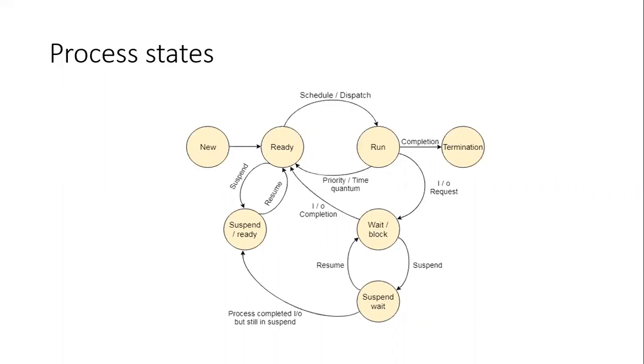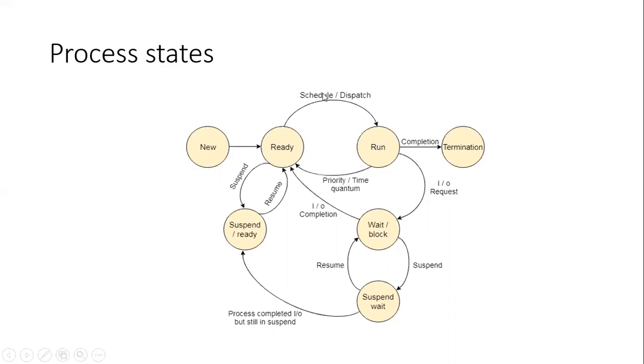Set of states and transition between states means, set of state means what? These are the various states of process state diagram. First is new state, second is ready, then running state, termination state, wait, or we can say block state, suspended wait state, suspended ready states. These are the different states which are represented in the form of circles. Okay, and the transition between states means what? It is represented with directed arrows. Okay, this is nothing but transition from one state to another state.